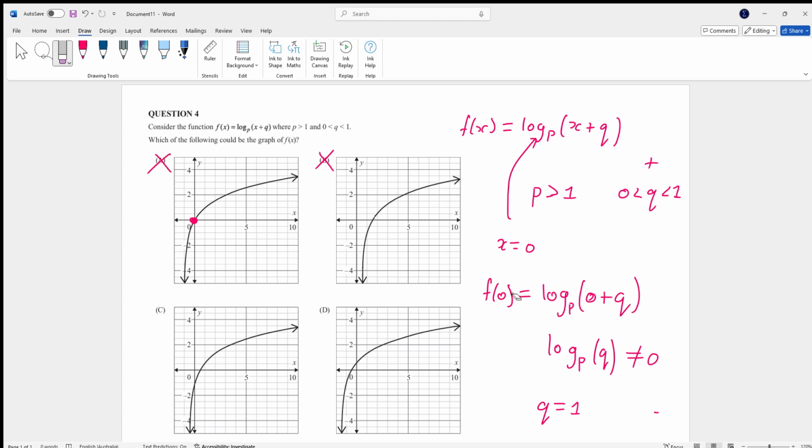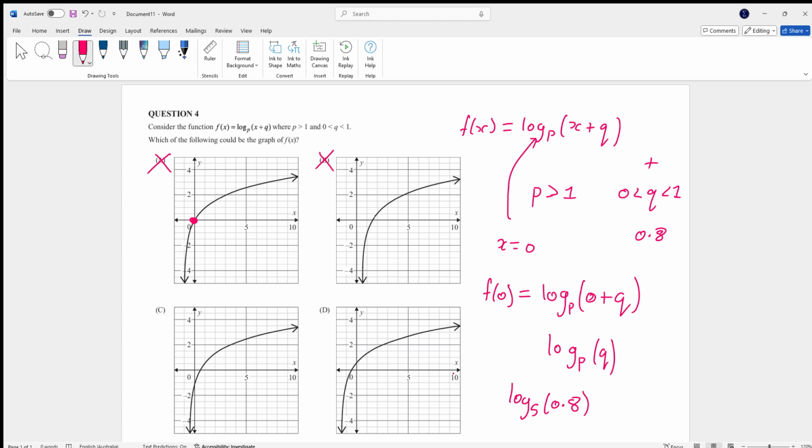What that does tell us though is actually pretty important to analyze as well. q is a number less than 1. It doesn't really matter what p is. We can just say p is 5, or just a random number. But q is a number less than 1, so let's say it's like 0.8 or something. If I go log base 5 of 0.8, whatever the sign of this will be is important,